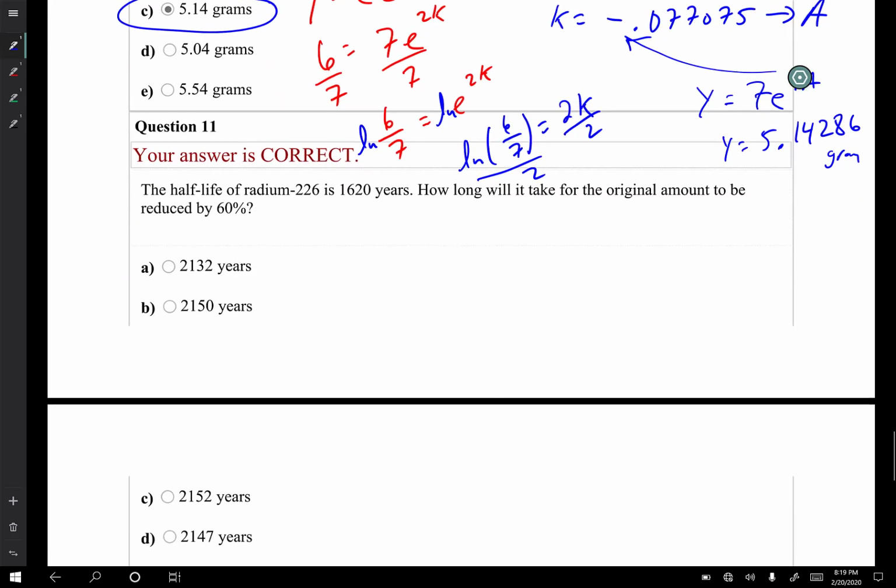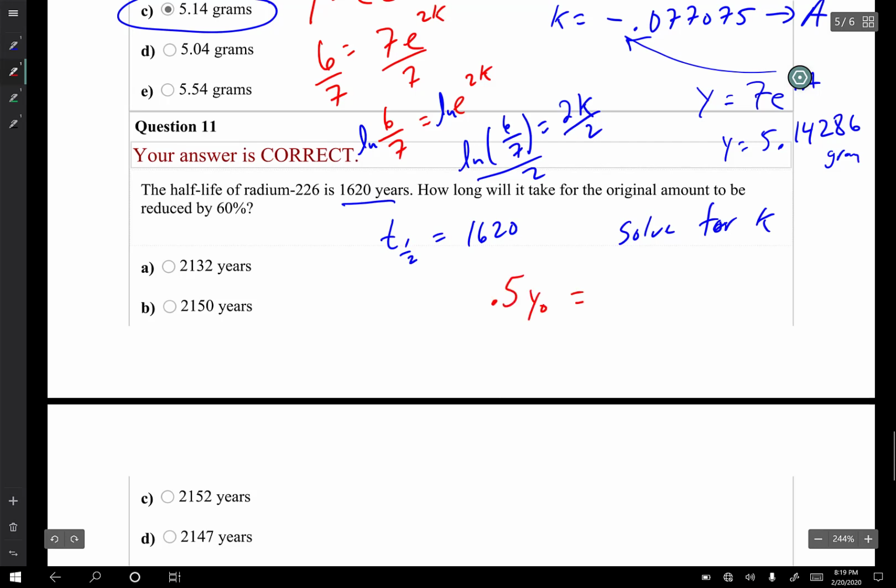All right, the half-life of radium-226 is 620 years, so that's your half-life. How long will it take for the original amount to be reduced by 60%? All right, so I'm going to solve for k again. Solve for k. I'm going to change it up to red, guys. So for me to have half the amount, so y naught e to the k, and it takes